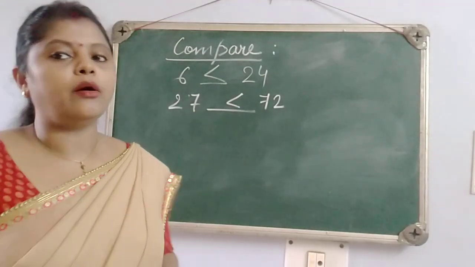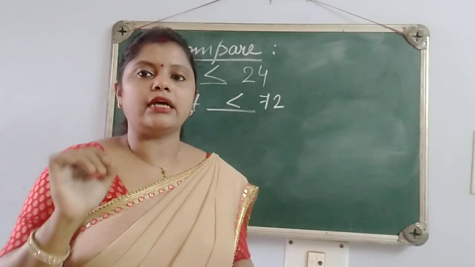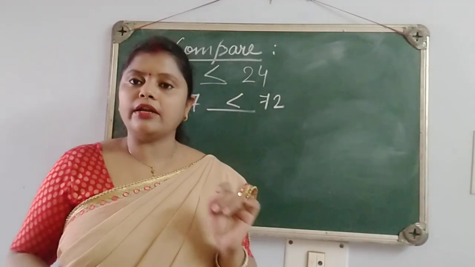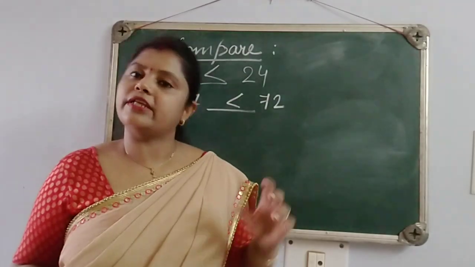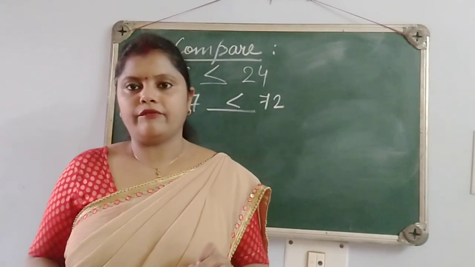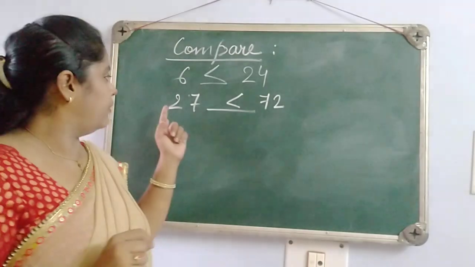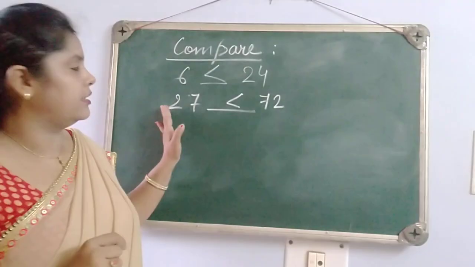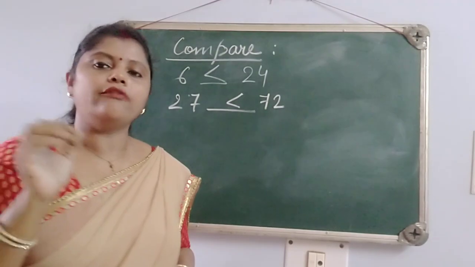Okay, so right now I have told you two things. One, you first have to see how many digits a particular number has. That is very important. If a number has fewer digits, it is smaller, and if it has more digits, it is bigger. And in any case where you find an equal number of digits, you have to compare. How? You are going to compare with the first place, the digit starting from the left hand side. I have just shown you an example of a two digit number.